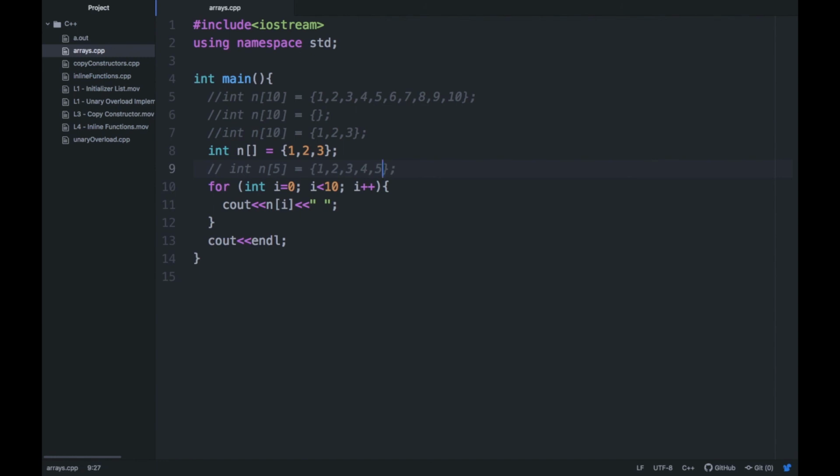So I think this discussion is enough for this lecture. In the next lecture we are going to discuss how arrays can be passed to functions and how that can be implemented. If you have any doubt till now, you can write in the comments and I will try to respond.